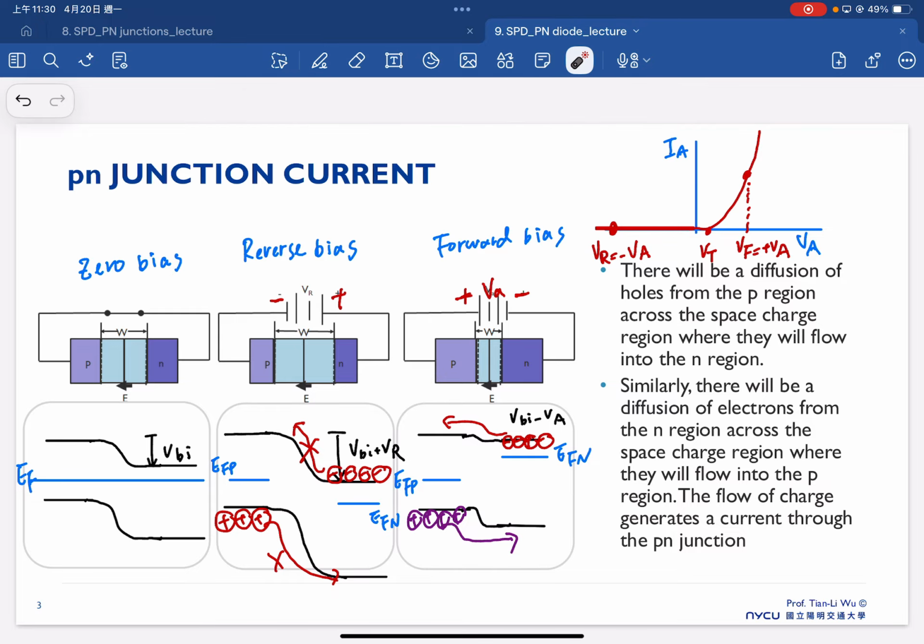So there will be diffusion of holes from the P region across the space charge region, where they will flow into the N region. Similarly, there will be diffusion of electrons from the N region across the space charge region flowing into the P region. The text is sometimes difficult to digest, but in the end the phenomenon is explained here. And the most important conclusion is that finally we see the current through the PN junction, and that's a typical IV characteristic for a diode, that we will have the forward